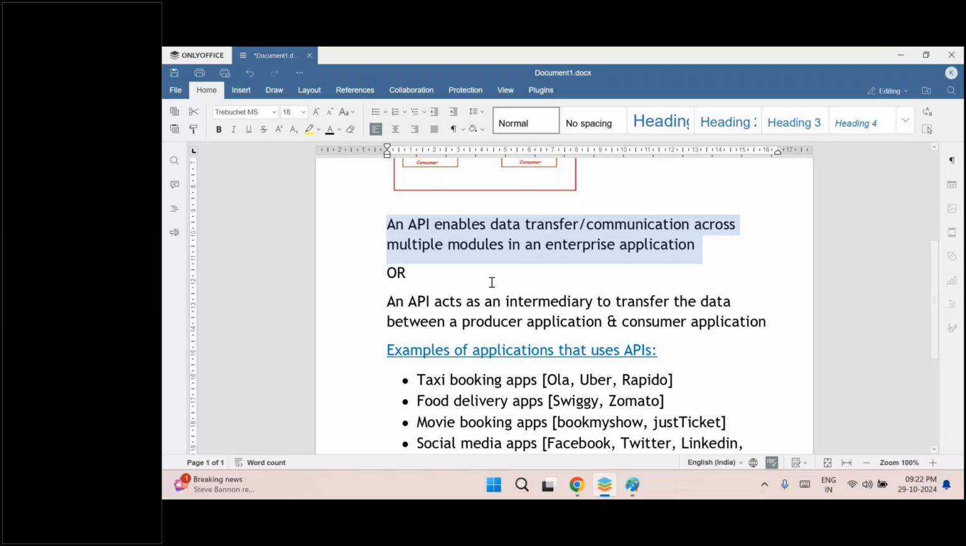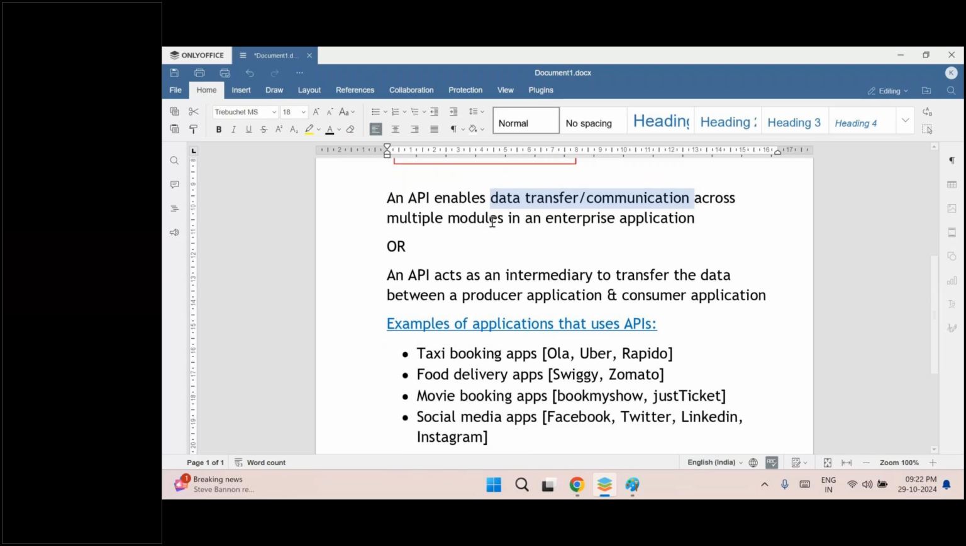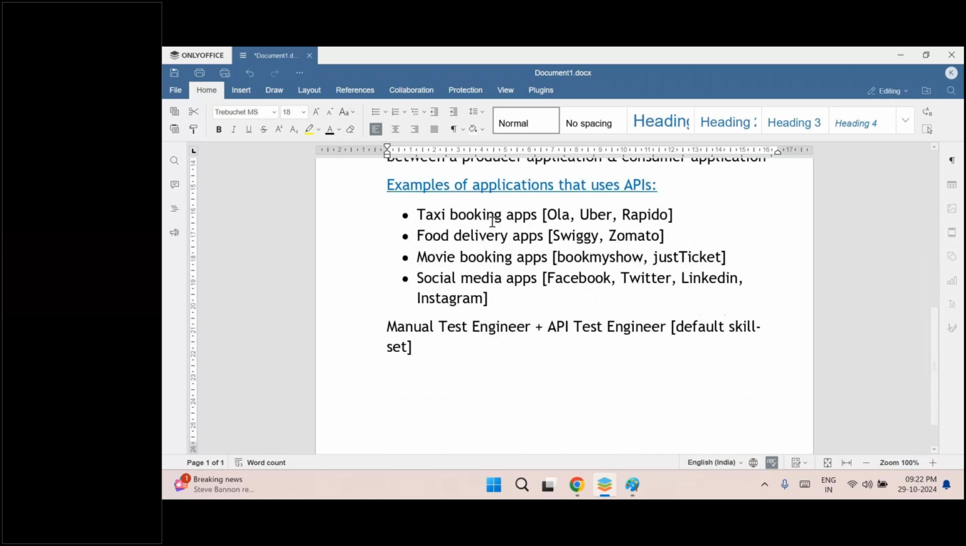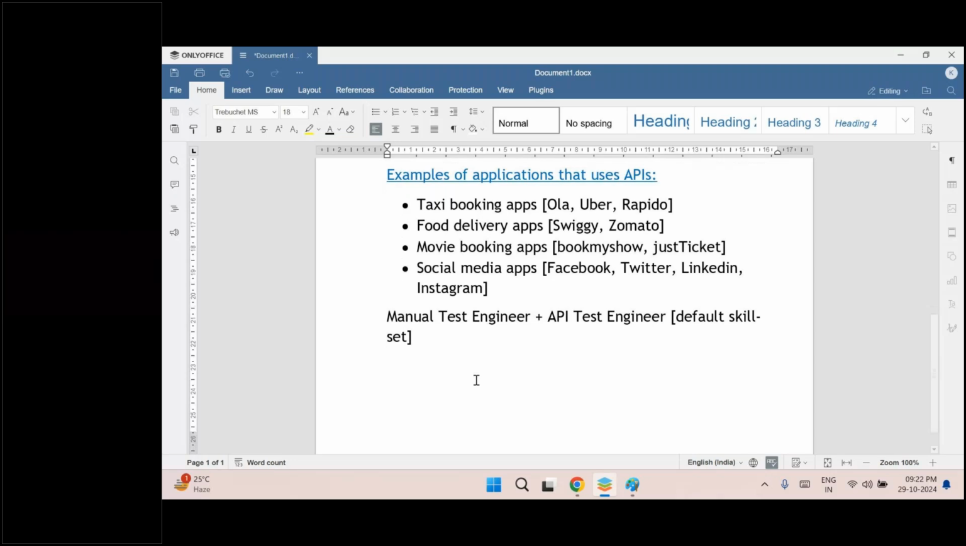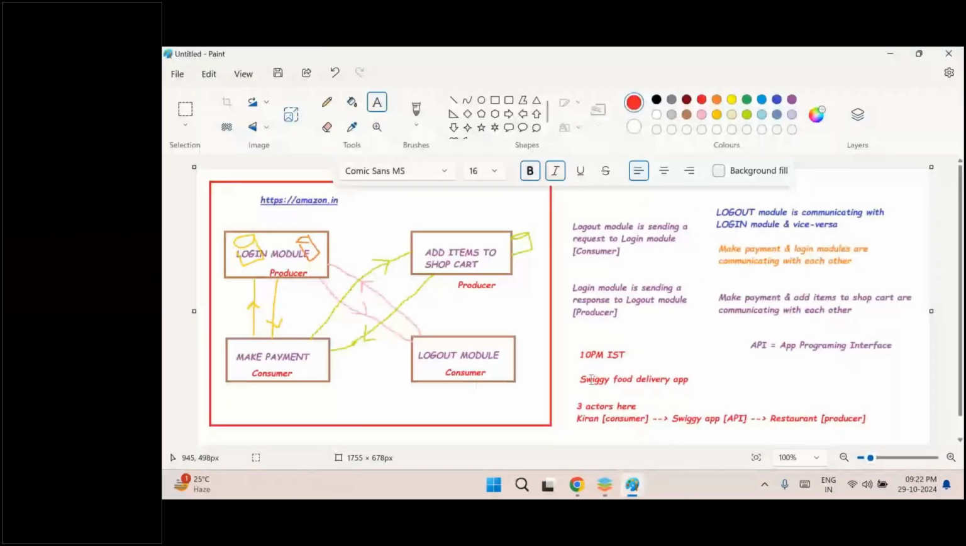But how are APIs doing the data transfer? Do they talk in English, or do they talk in Spanish or Hindi or some other local language like Telugu? No, right? They're not human beings. So APIs also need some kind of language to transfer the data. So that's what I'm going to answer here. So when these APIs are communicating with each other,